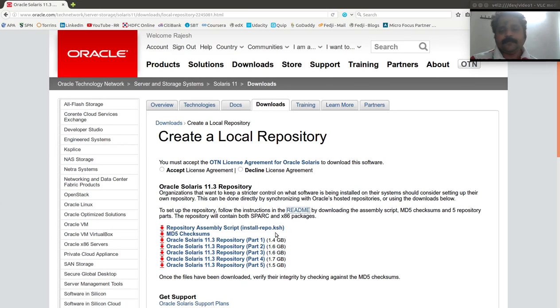So if you want to set up a local image packaging system repository, please make sure you have a Solaris 11 box with sufficient disk space. Download these 5 files, download the MD5 checksum also to make sure that you have downloaded the actual files and you haven't corrupted those files in the download process.